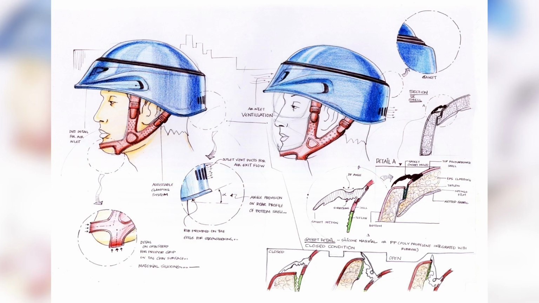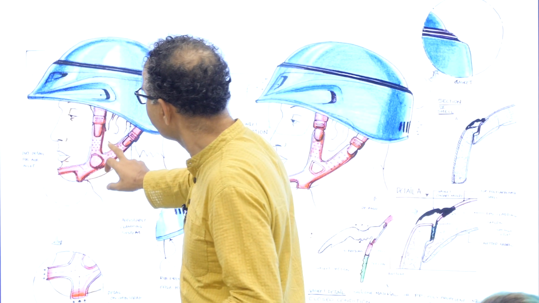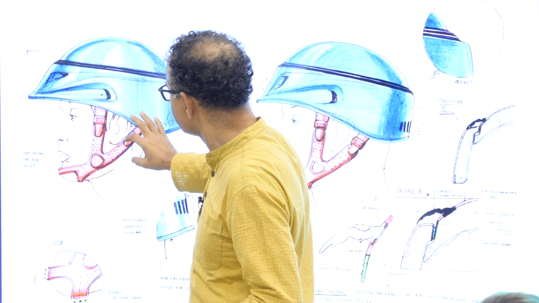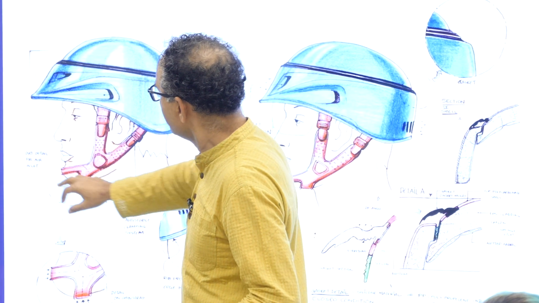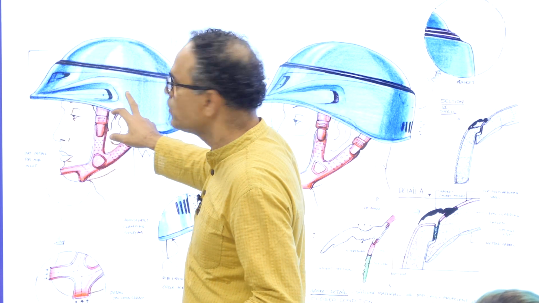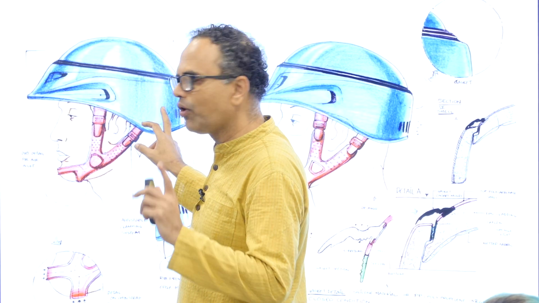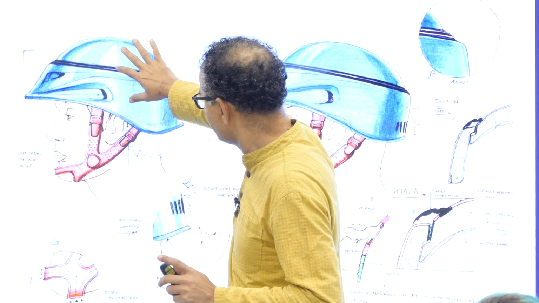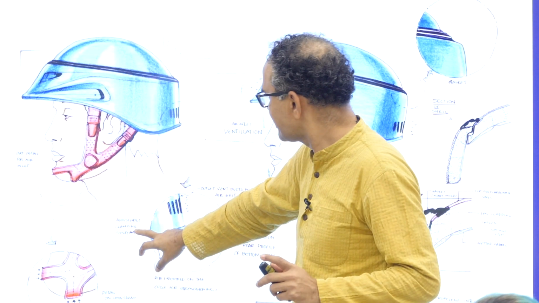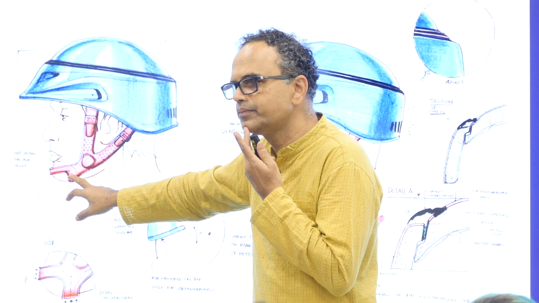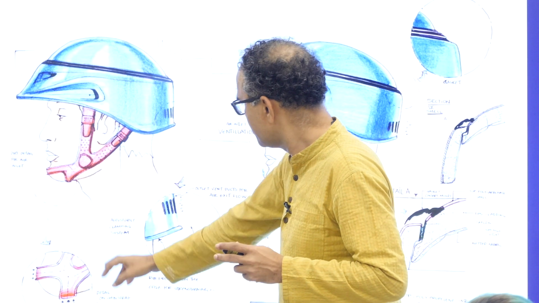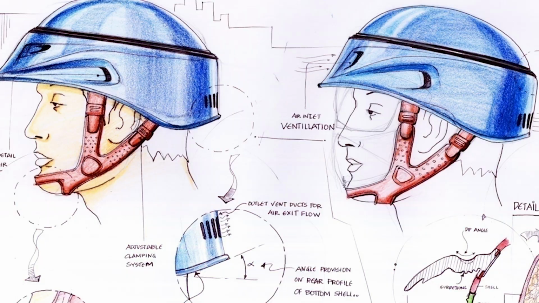segment of the user. So with that segment of the user comes the very important task of showcasing the features of your helmet. Remember, we were saying that the helmet will have a very good strap, which is elastic in nature. There's no buckling. It has a duct detail so that the breeze will go in. Remember, each concept has to have all the features, so the breeze goes in and comes out, so it keeps the head cool. There's an adjustable clamping system, so the elastic is not too hard on your chin. So you adjust using the clamps, which will take all the details of that. Then you have these vents, which will take care of all the ventilation effectively.